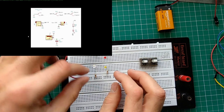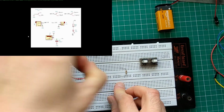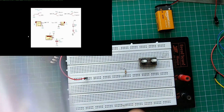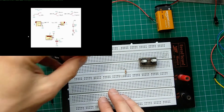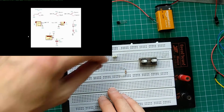So let me breadboard this real quick, and then I'll show you the rest of the stuff. Okay, let me get rid of this real quick. I'll need to keep this 4.7K, and I don't really mind the tolerance here. Just gonna do this real quick. Let me just put it out of the way. So input here goes into